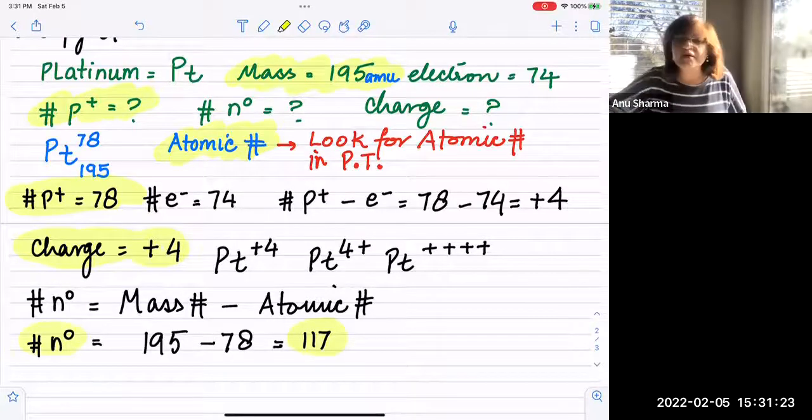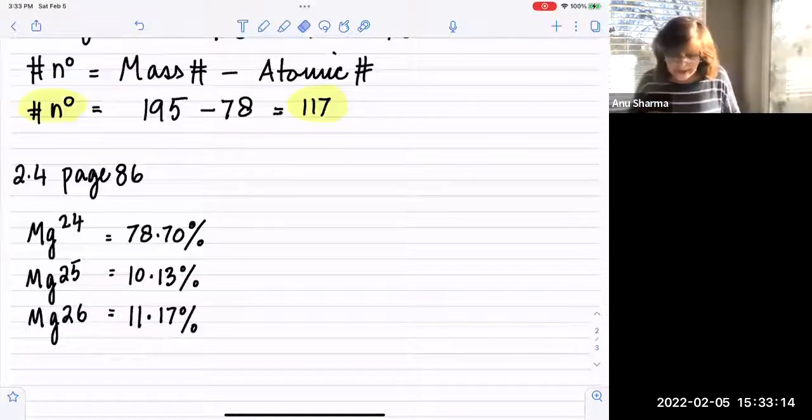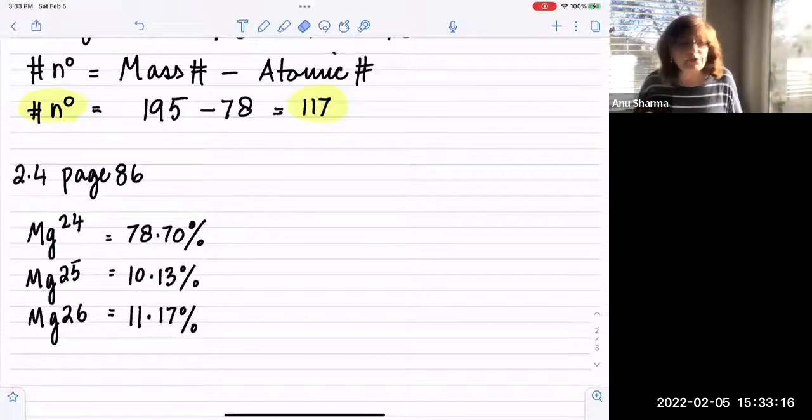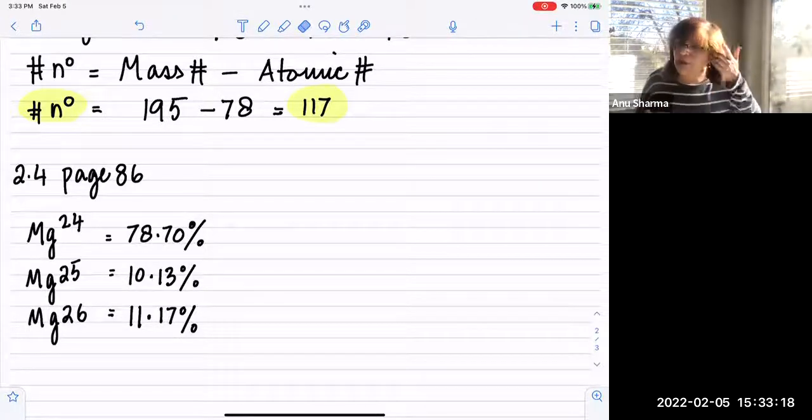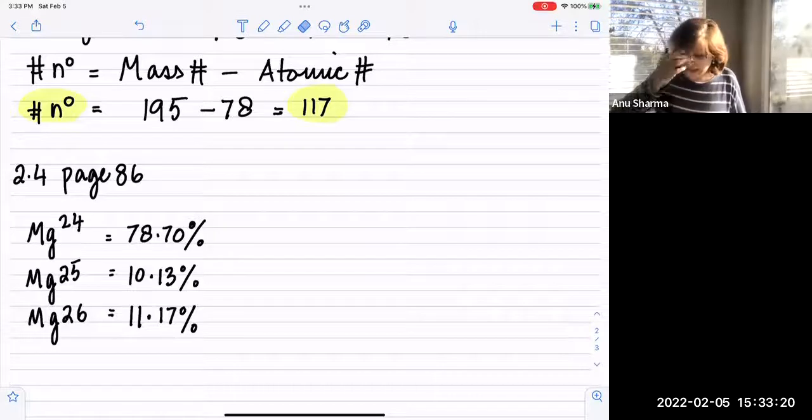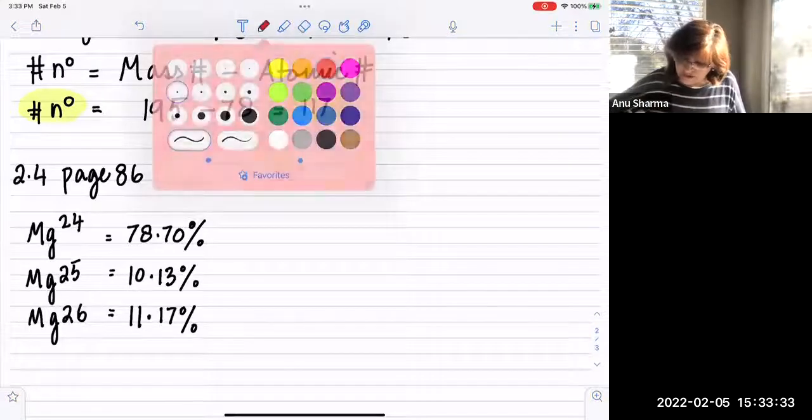All right, let's look at the next problem. Okay, so here we are looking at problem 2.4, the learning check problem, and this is on page 86. And here we are trying to find the average mass of a magnesium atom. Now this is the isotopic mass, okay? So this problem relates to calculating the average mass